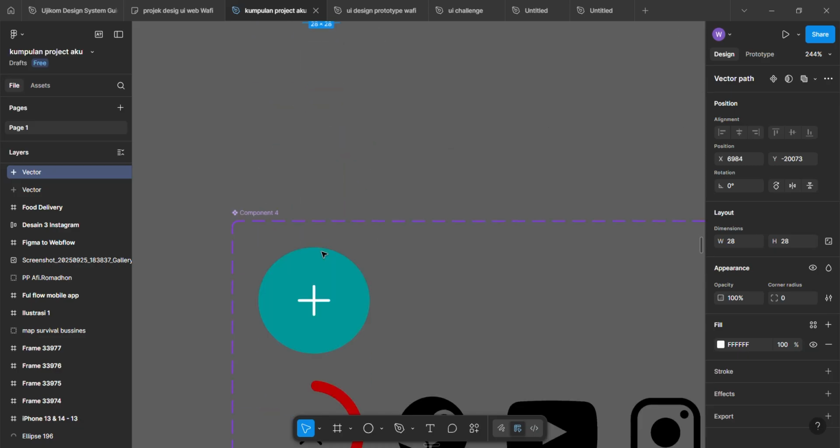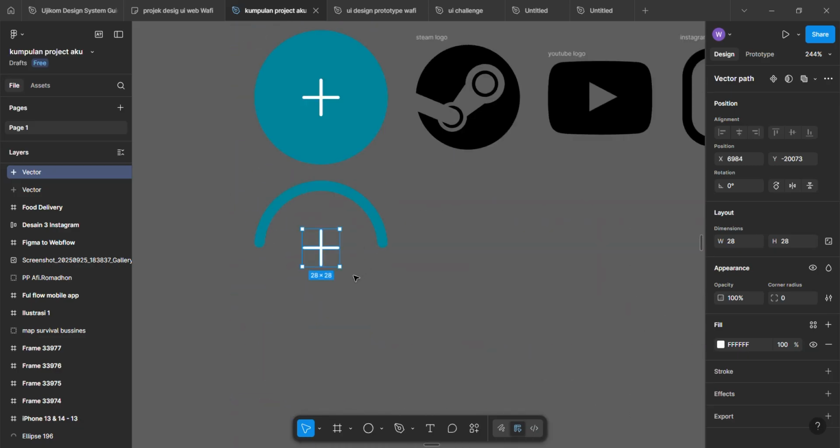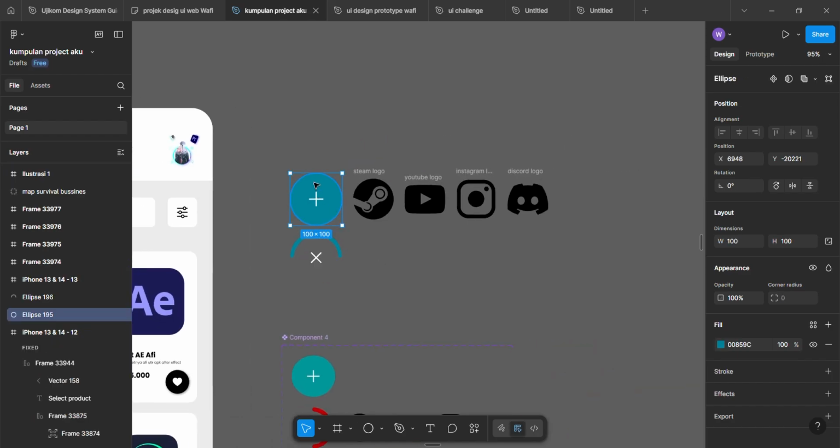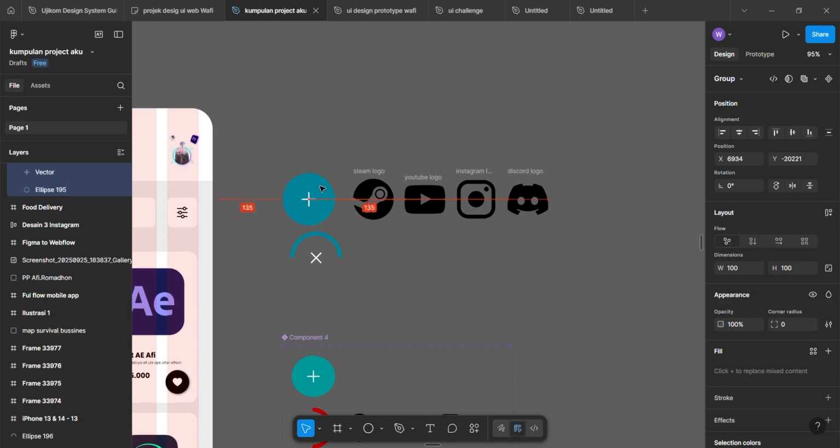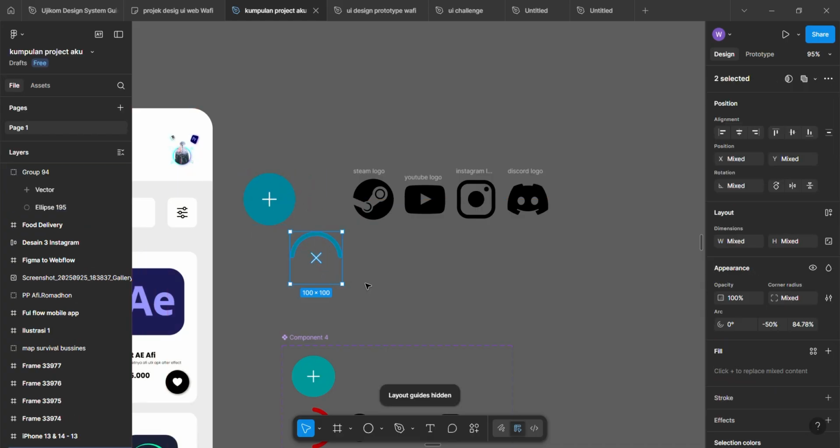In the interaction panel, set trigger on click, action, change to, destination frame with three buttons, animation, smart animate, ease out, duration 400 ms. Now preview again, click the button and the other buttons appear. It looks like a small menu expansion or a pop-up animation. If you want, you can also make a reverse interaction. Click one of the new buttons, link it back to the first frame so it collapses again.